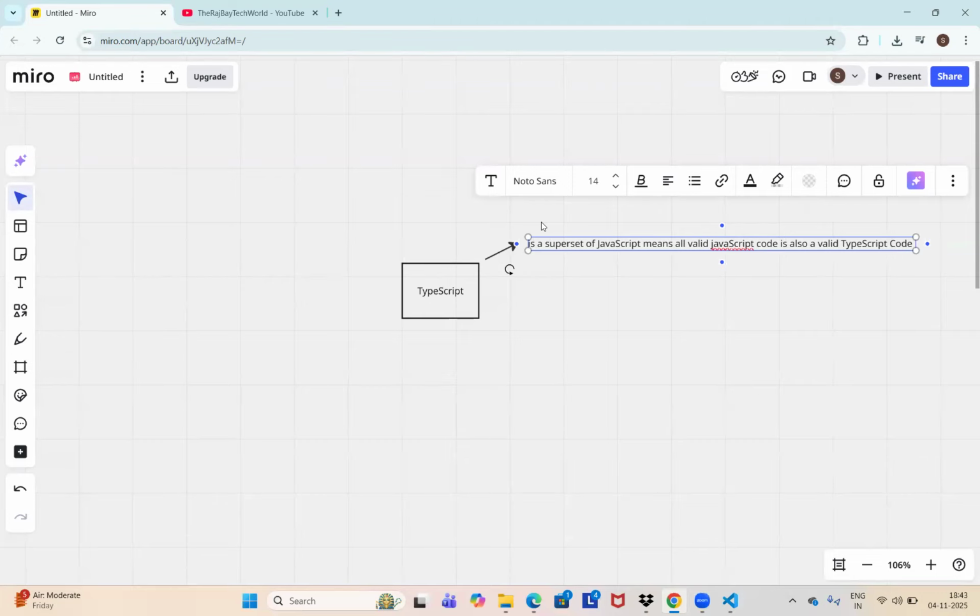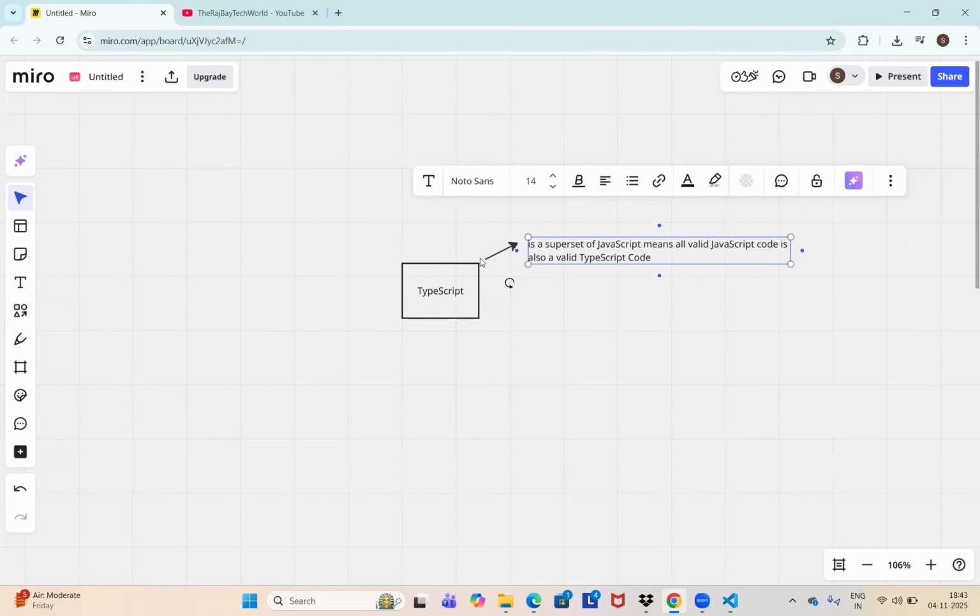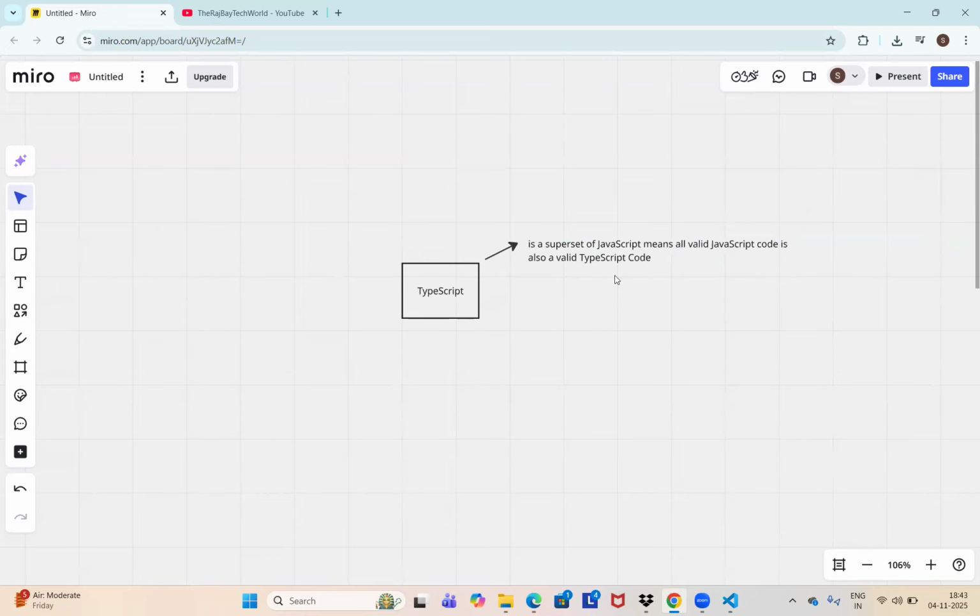So we are seeing what is meant by TypeScript. And the definition of TypeScript is nothing but